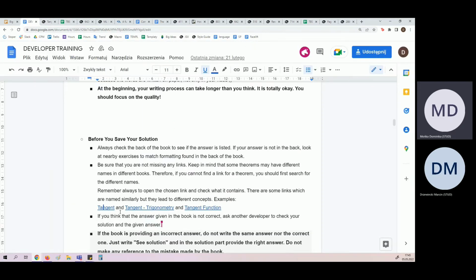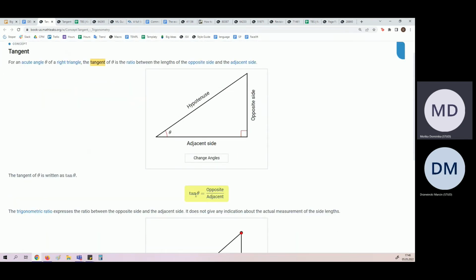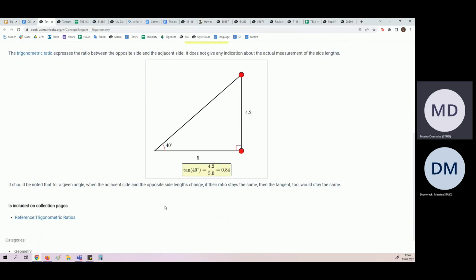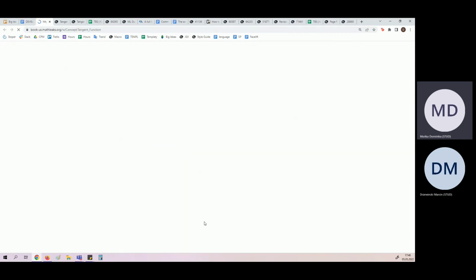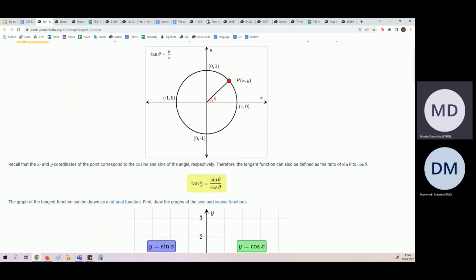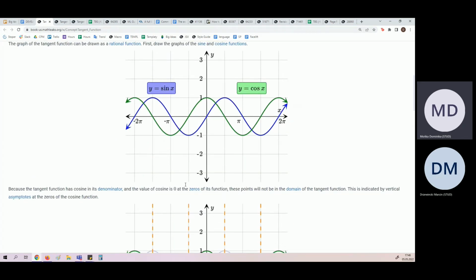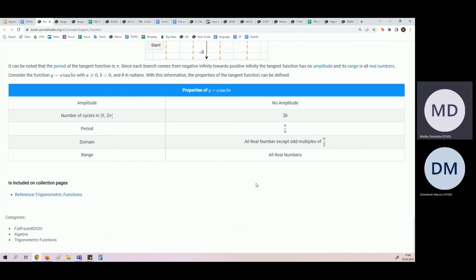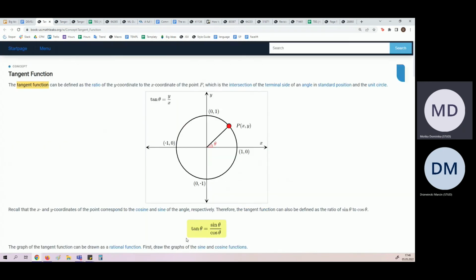And this is tricky business because we have a tangent, which means a line. We have a link for tangent trigonometry, and actually this means tangent is a trigonometrical ratio, so we look at it as a ratio. But we also have a link for the tangent function. So we see that it's a function of the argument angle, and then we consider it, we draw it, and so on. So it's important to look